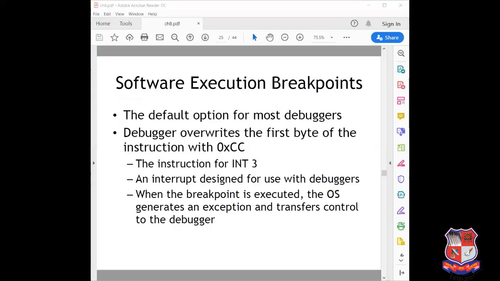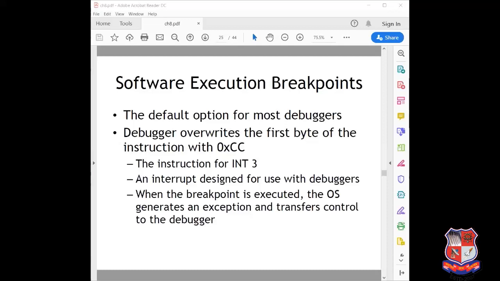It is the default option for almost all the debuggers, and it is used to cause a program to stop when a program instruction is executed.